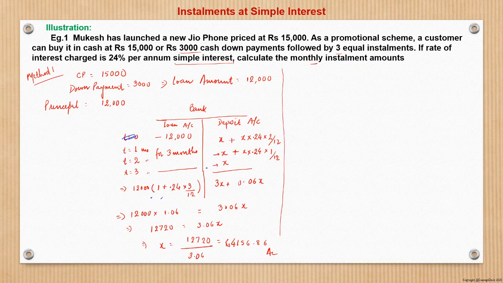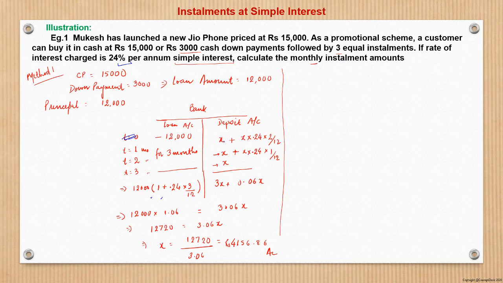So now let us see what is the value of the loan account. The loan account is 12,000 rupees. What is the value of 12,000 rupees at the end of third month? This we can see. 12,000 is given at a simple interest. So simple interest for 3 months should be 12,000 into 3, and the rate is 24% per annum. So for 3 months this will be 0.24 into 3 by 12 into 12,000, and then add 12,000 back to that to get the final amount. So that becomes 12,000 into 1 plus 0.24 into 3 by 12. So that is 12,000 into 1.06, right? This is the value of the loan account.